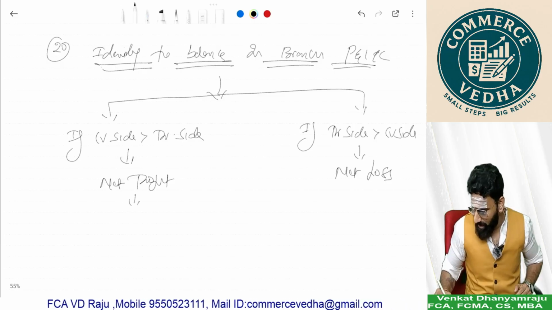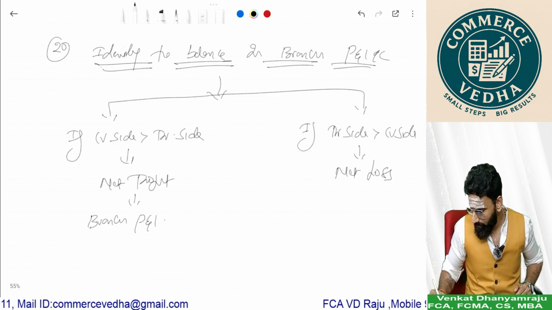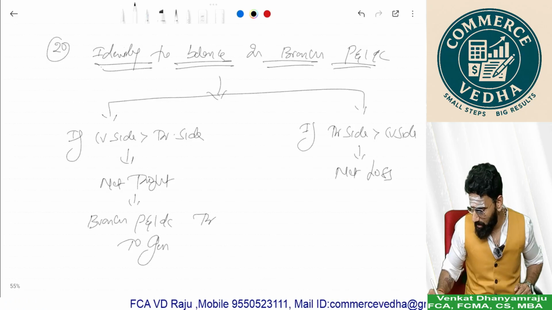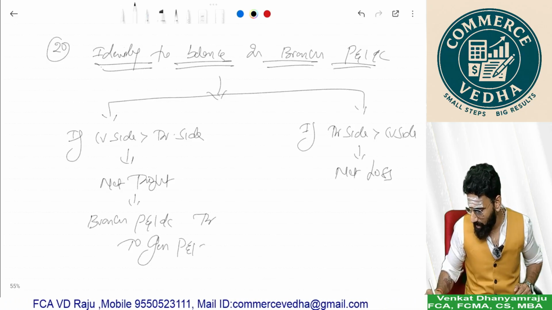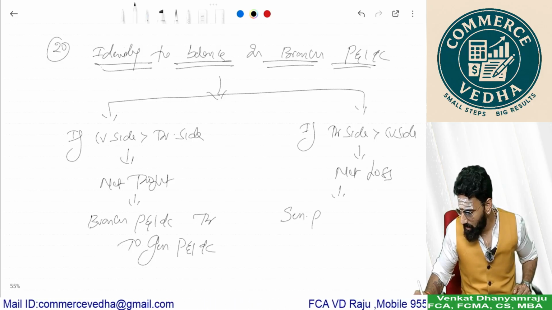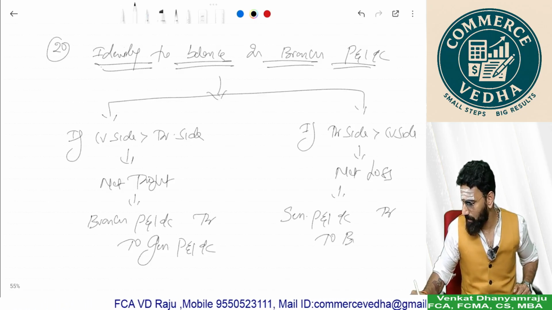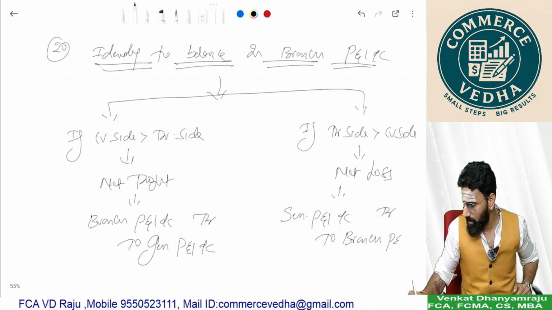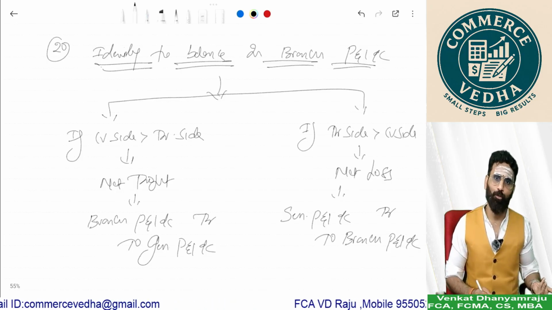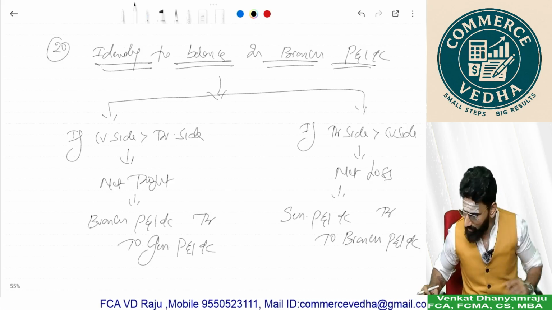If it is profit, then we should write branch P&L account debit to general P&L account. And if it is loss, it is general P&L account debit to branch P&L. With this, branch P&L is also closed, right? So all accounts are closed except one account, which is,